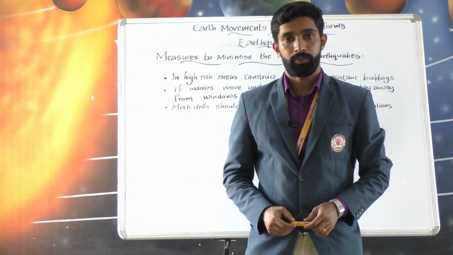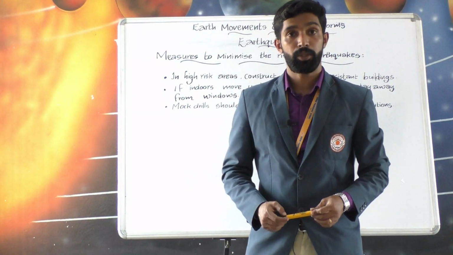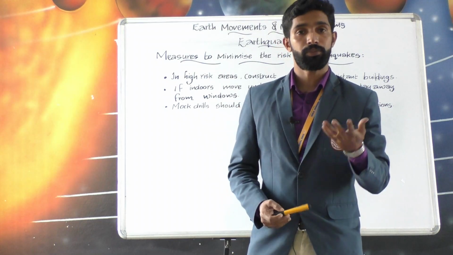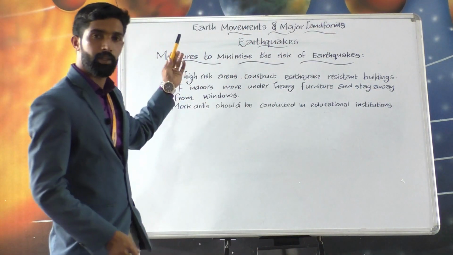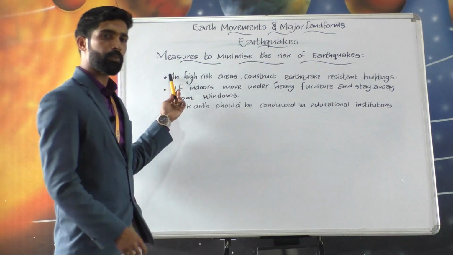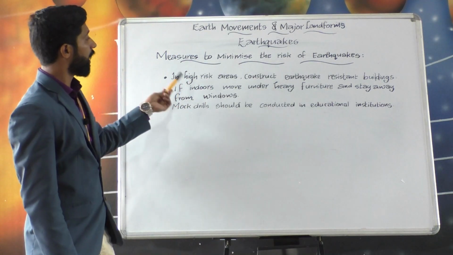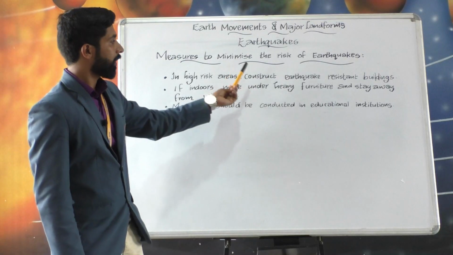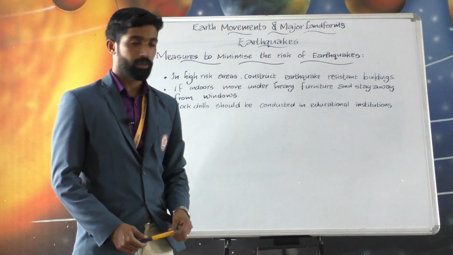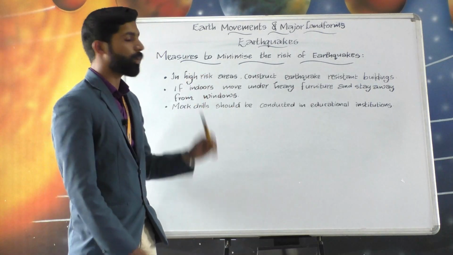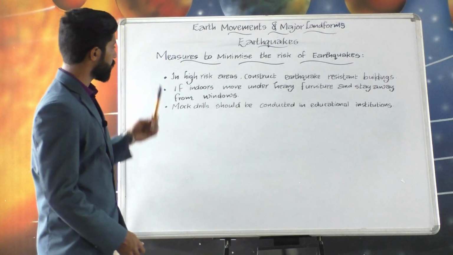So now we will discuss the measures to minimize the risk of earthquakes. Here are a few points written over here. You can watch. The first point: in high-risk areas, construct earthquake-resistant buildings. So the buildings should be earthquake-resistant. And the next is,